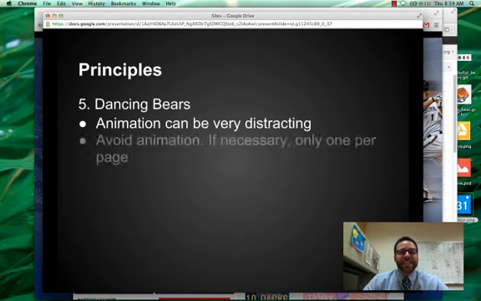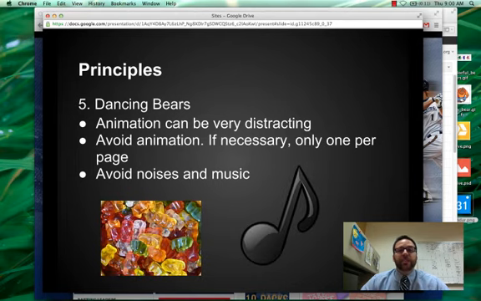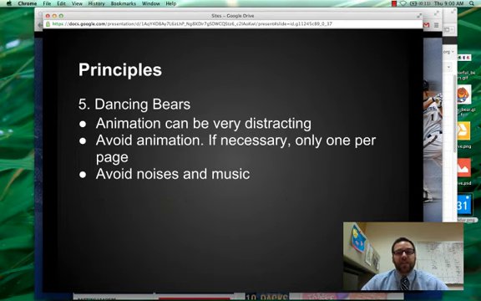The last part is when web pages first had the ability to support images, when the internet was fast enough, people thought that was their invitation to add all kinds of animations and other things, and very quickly websites got extremely distracting. So all in all, just avoid animations altogether. The same with noises and music. You've probably gotten to a website where you didn't realize your speakers were still up and this noise just blares out of them, and sure enough,